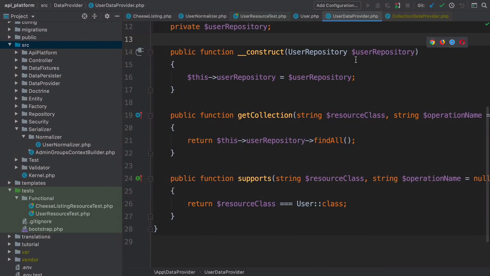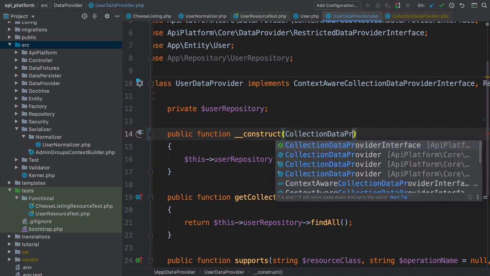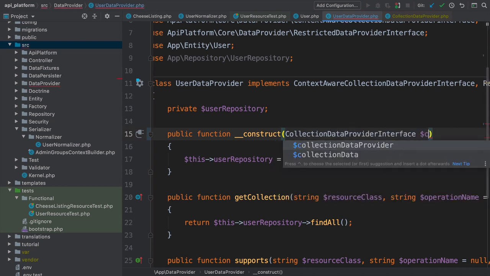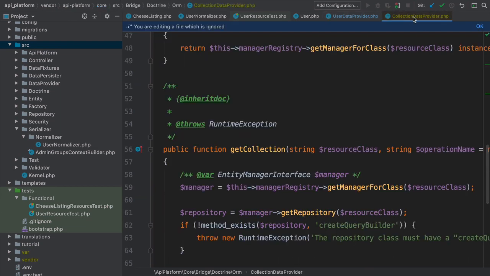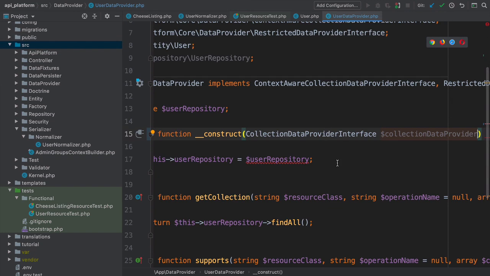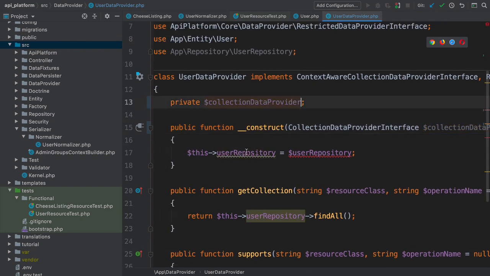Over in UserDataProvider, remove the user repository argument. Instead, inject a CollectionDataProviderInterface, and I'll call it collectionDataProvider. You can also type in the specific Doctrine data provider class that we know we're going to inject. Your call. Rename the argument and property,